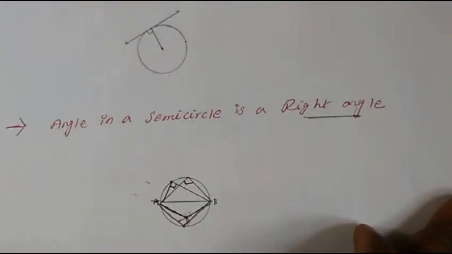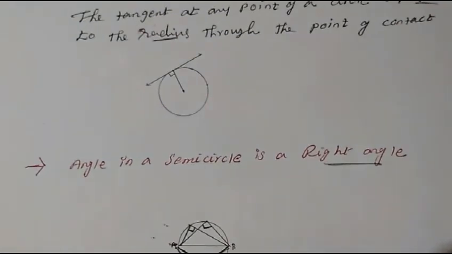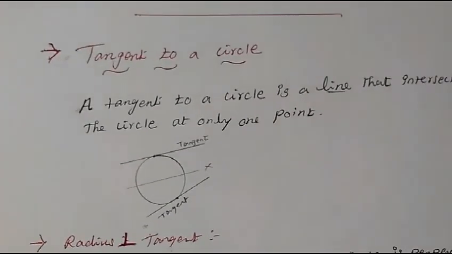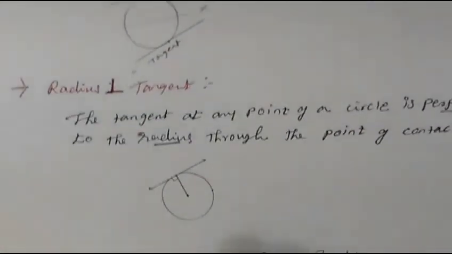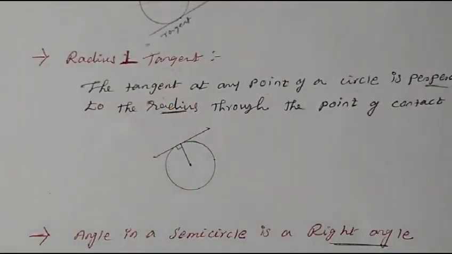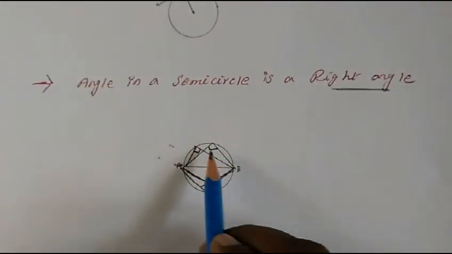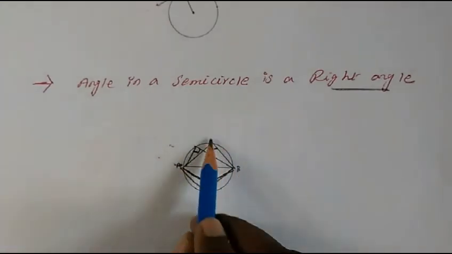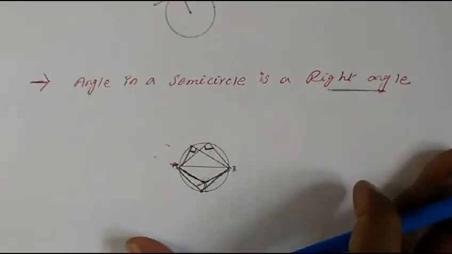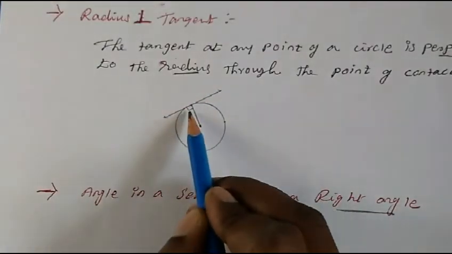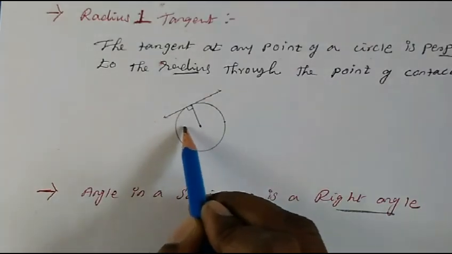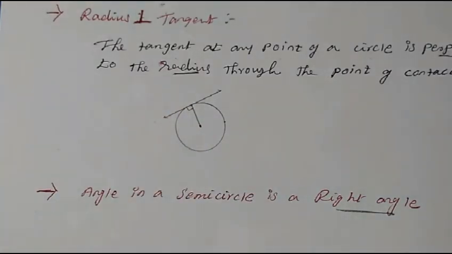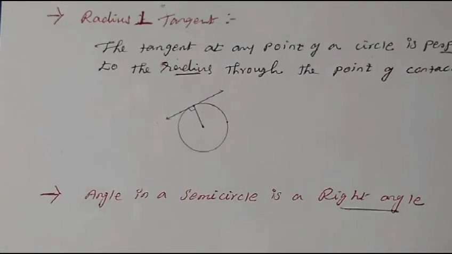I hope this is clear to you, because you have to understand this for justification. If they ask you to do the justification, you should remember all these points. What is a tangent? A tangent is always perpendicular to the radius, and in the semicircle whenever an angle is formed, that will be 90 degrees. If it is 90 degrees, then we can say it is a right angle, because we need it here, because here also it forms 90 degrees. If you draw another line here up outside, it can form a 90 degree angle. I hope it is clear to you. Thank you. God bless you.